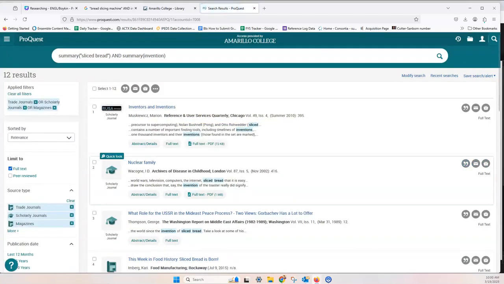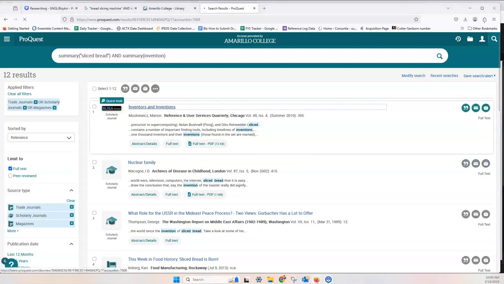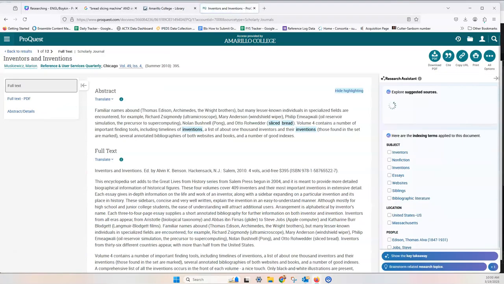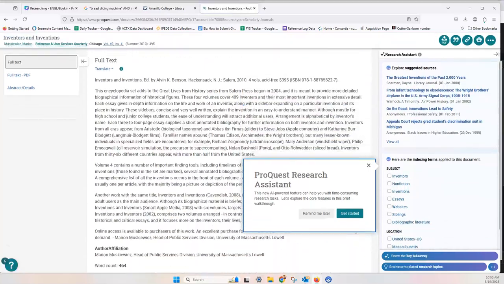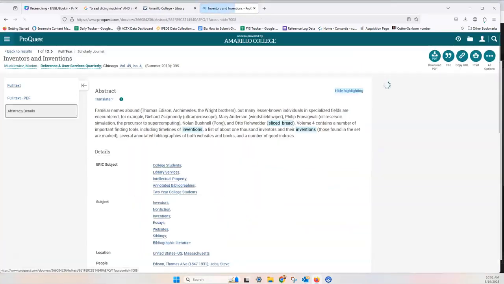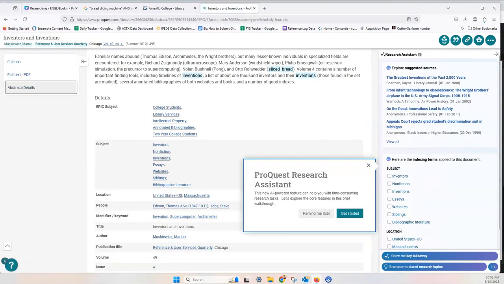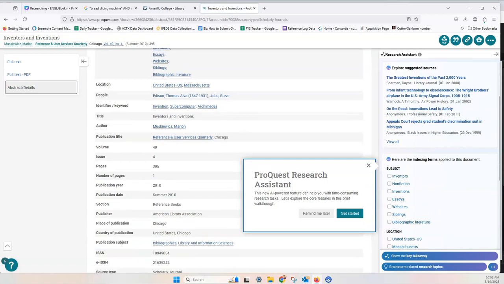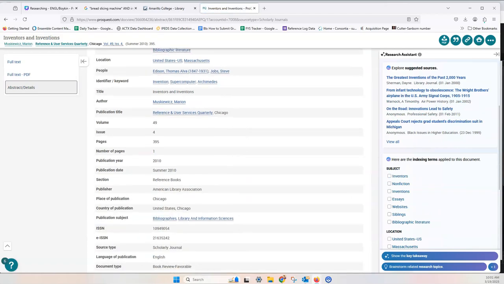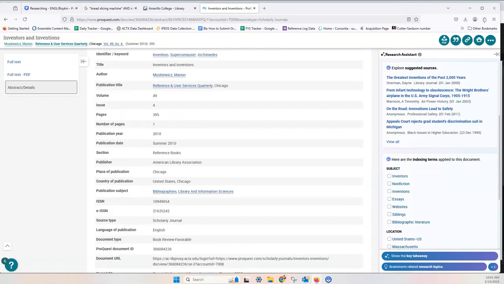Now this reduces down my search results to only 12 results to give me less to have to filter through. When I see an article that I am interested in investigating, I can click on the title and it will take me to a page called the Detailed Record. The Detailed Record will give me the article as well as additional information: where it came from, the subjects that it talks about, who published it, where it was published, when it was published, and additional information that would appear